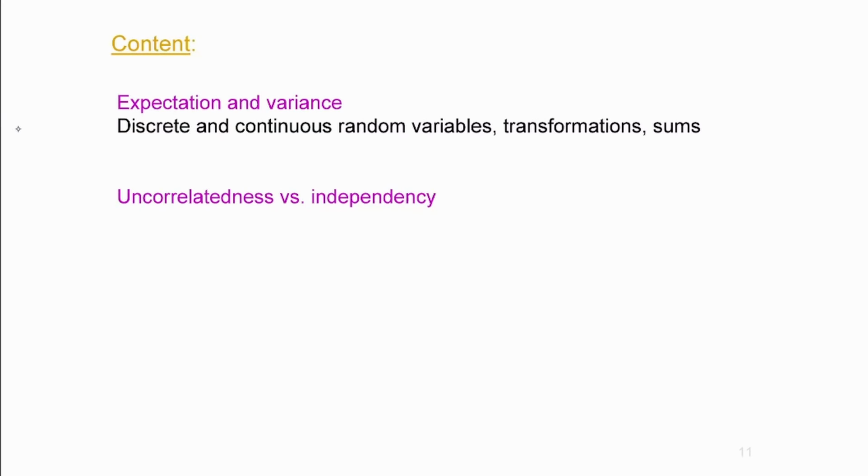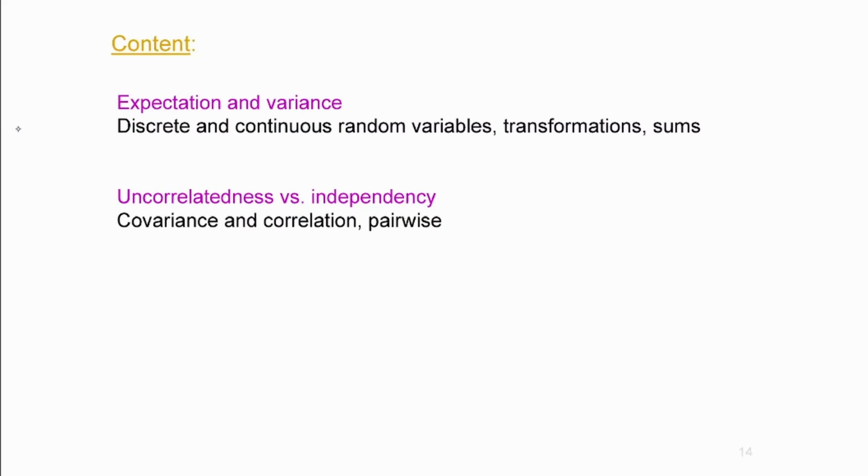Now I'm going to look at uncorrelatedness and dependency. Uncorrelatedness or covariances are considered, and that is also necessary for considering variances of sums, by the way. So I'm going to give you an idea, but this is going to be the theoretical covariance and the theoretical correlation, so not the empirical one.